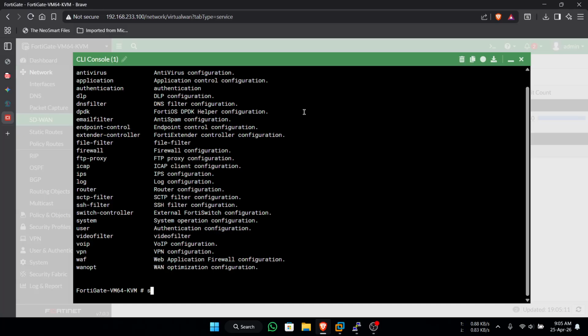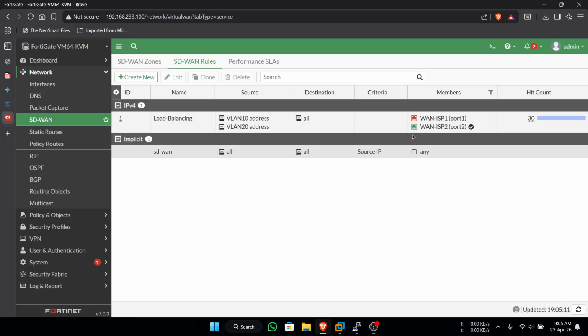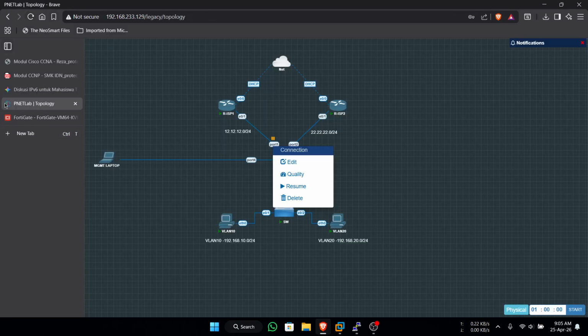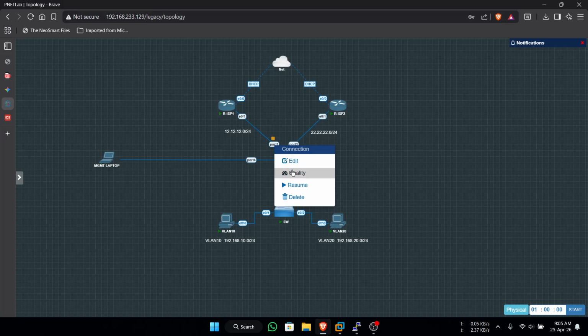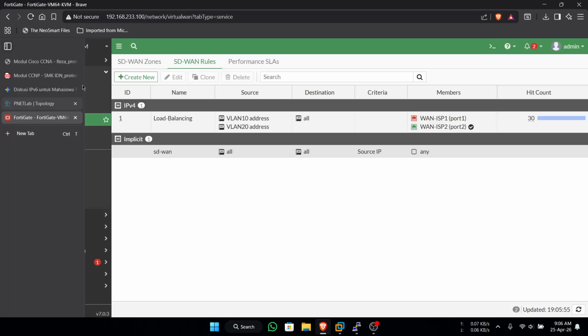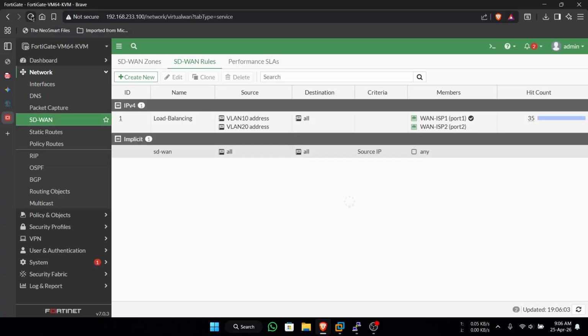I forgot the command, so like that. You refresh again, try to unsuspend again and resume, then refresh. Okay, the port is online again.